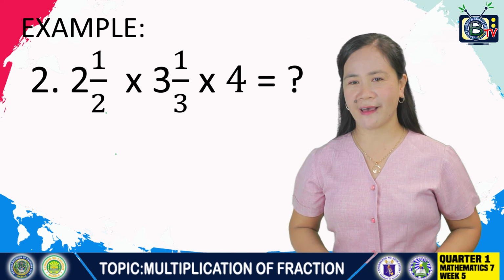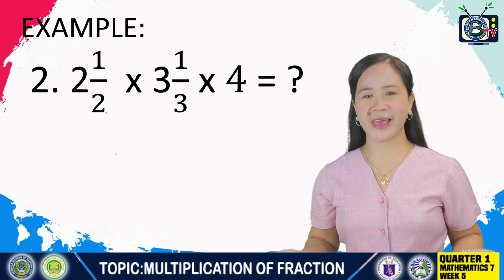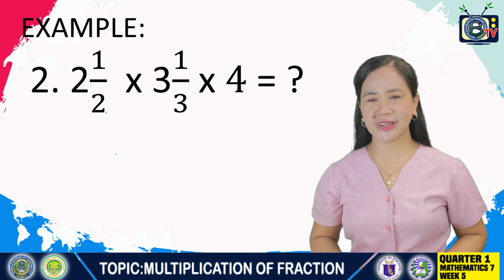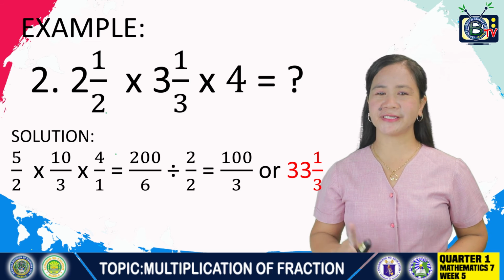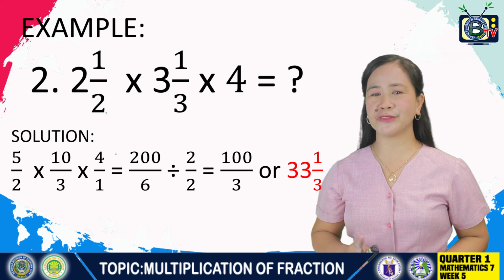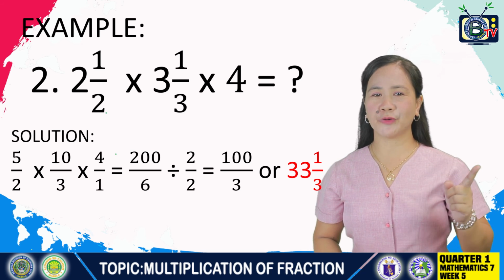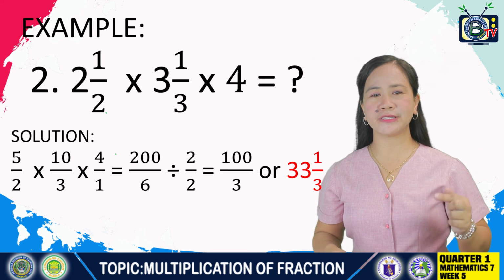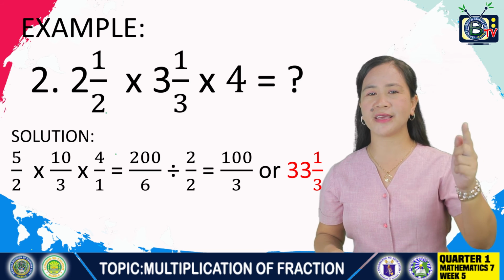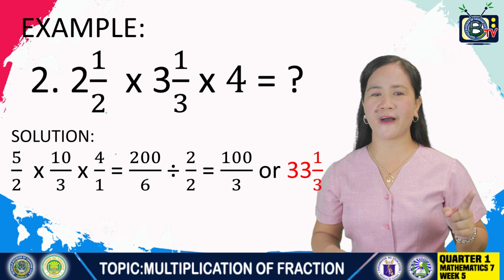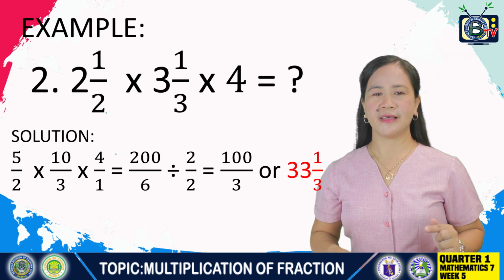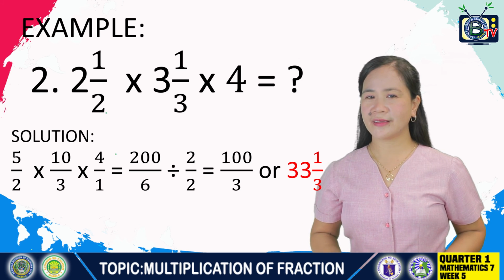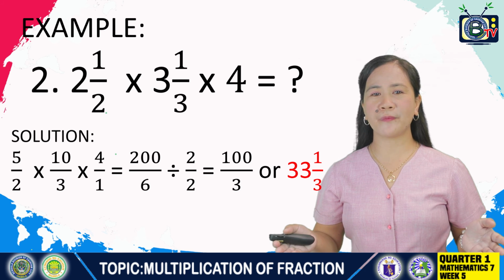Find the product. Okay, are you done, class? So what is our solution here? First, rename the mixed numbers into improper fractions. So 2 and 1/2, you multiply 2 times 2, that's 4. Add it to the numerator, so we have 5 halves. Times, okay, 3 and 1/3,